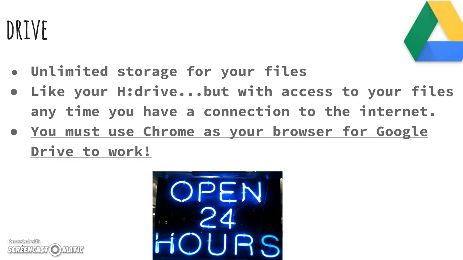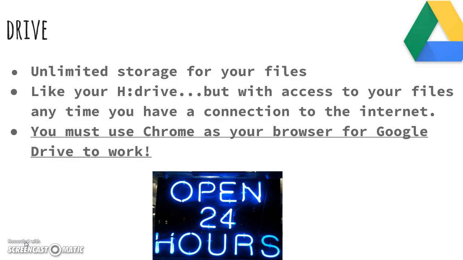So instead of storing it to the school's H drive, you can store it to your Google Drive so that you have access to all of the materials that you have created grade 9 through 12. That may not seem important today, but it might be important down the road. You never know when you write a great paper today in 9th grade that could be of basis or important significance in 10th, 11th, or 12th grade.